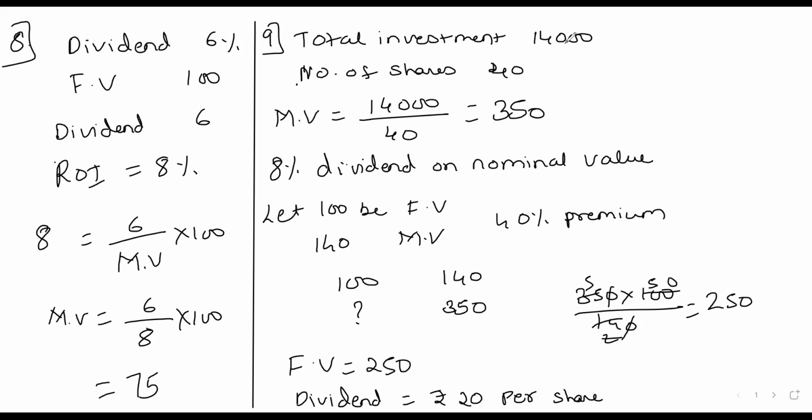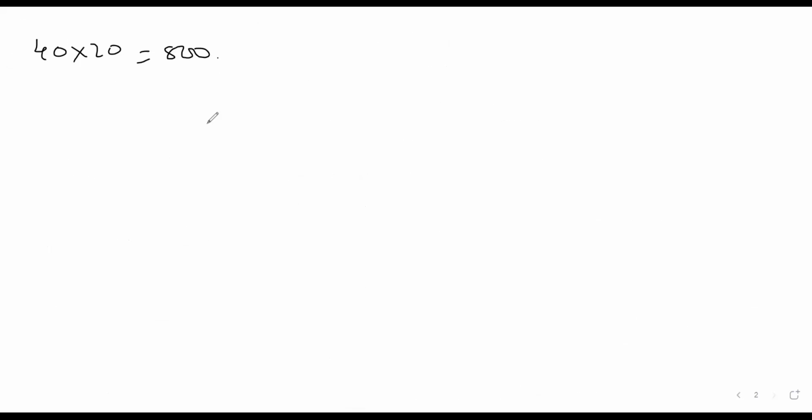See, total investment was 14,000, number of shares were 40. 14,000 divided by 40, 350 is the market price. 8% is dividend on nominal value. To find out this nominal value, I have considered face value to be 100. 40% प्रीमियम के साथ मार्केट वैल्यू 140 हो गया, तो आपका फेस वैल्यू जो है वो 250 है। 250 पे 8% 20 रुपीज का डिविडेंड आ गया पर शेयर, तो टोटल डिविडेंड 40 शेयर्स पे 800 है।